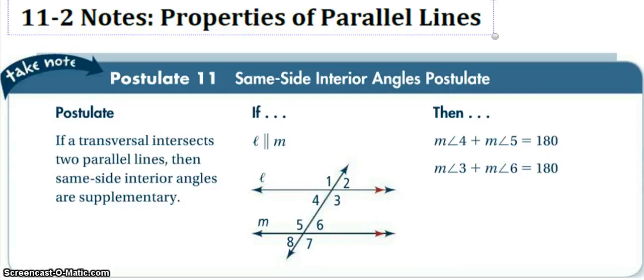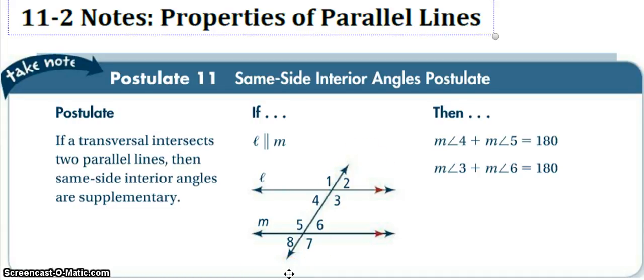Alright, welcome back guys. We are in 11.2 for properties of parallel lines. This is actually instances that you encounter more often in real life, or at least that you notice more often in real life, where there's a transversal to a set of parallel lines. So here we have lines L and M parallel to each other with our one transversal, which again makes 8